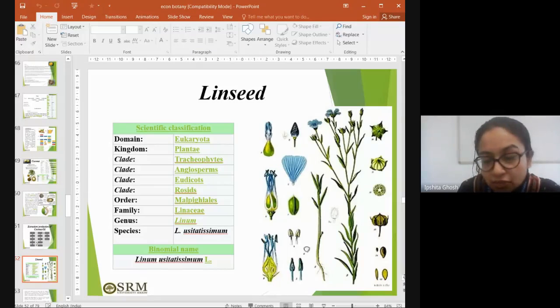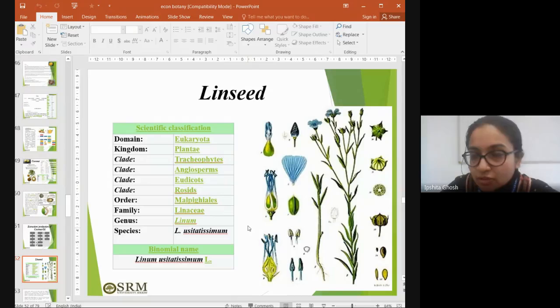Usita, this is a little tongue twisting. It's okay. So it is Usitatissimum. So you will have a little tough time knowing the specific epithet, getting used to that. But then you can just write Linum sp. SP is the short form that we use for species, just in case you forget the species name. So you can just use Linum sp and a dot, small sp and then a dot, because it's a huge specific epithet. It's called Usitatissimum.